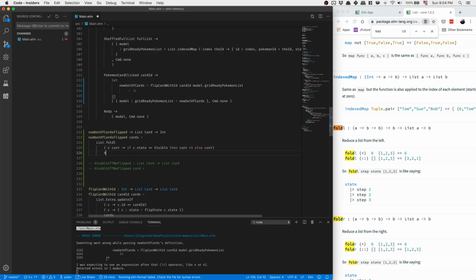I'm going to start at 0, and I'm going to apply that to cards. And how that's going to work is, okay, I start at 0. I have a list of cards, say 1, 2, 3, 4. I'm going to take card number 1. Is it visible? No, then I'm going to keep 0. Card number 2, is it visible? Yes, then I'm going to take my 0, add 1 and have 1. 3 is visible, so I'm going to add 1 to 1, which is 2. So hopefully,